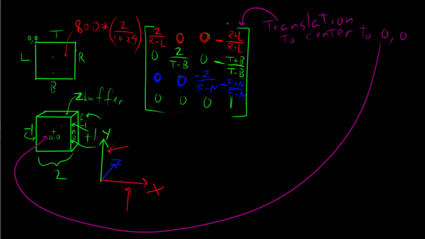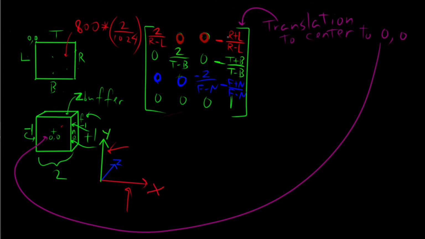to center. So this column here is doing the translation to get it so that instead of being over here at 0 to 2, it's moving everything so that it's -1 to +1, and 0, 0 will be in the center. So through that matrix multiplication, we would have canceled out the 2, and we would have ended up with r plus L over r minus L, once you sort this all out, with the negative in front of all of it. And same with the top and bottom, it's t plus b over t minus b. And keep in mind that our bottom is a higher number than the top, so it ends up translating in the other direction,